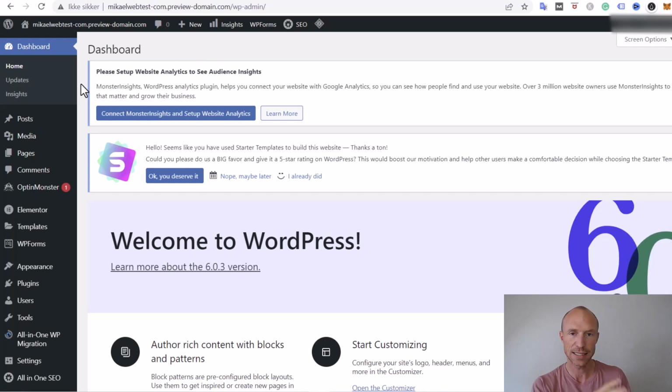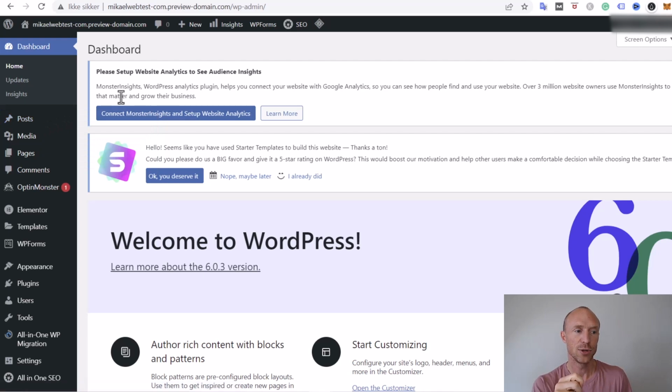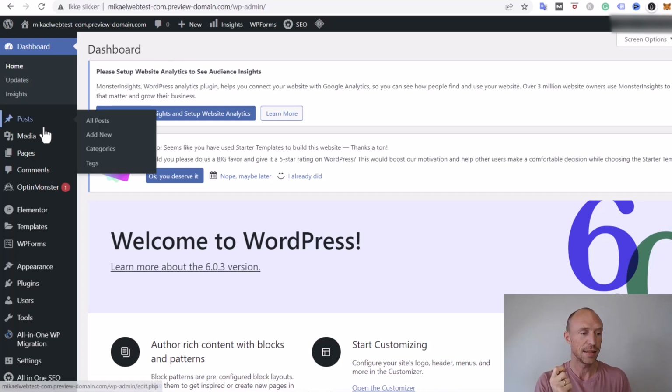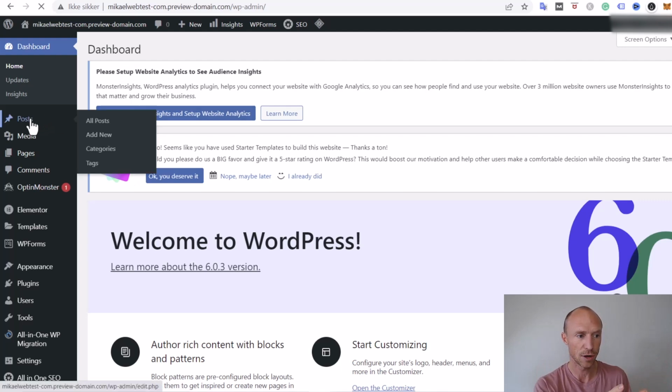So find a design that works well, that looks good, then start adding content. And here you just need to find topics that are relevant for the topic you have chosen. Be specific about the topic, choose a topic you know something about, you're interested in, and then just start sharing your ideas about it. There's a ton of different tutorials online about how to add posts and optimize them and all this,